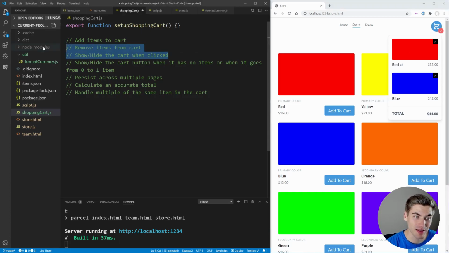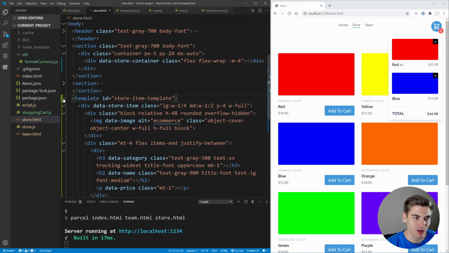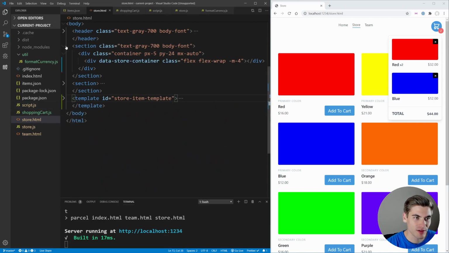So this is, I think, the best place for us to start. I'm going to take this out of the list, move it down here, and this is what we're going to work on, showing and hiding the cart when it is clicked. So in order to do that, we need to get access to our cart button, as well as the information inside of the cart. So in our store.html, let's just minimize all of this stuff so that we have just